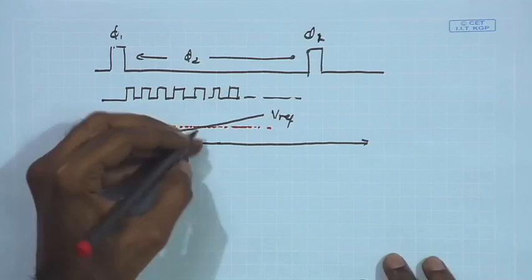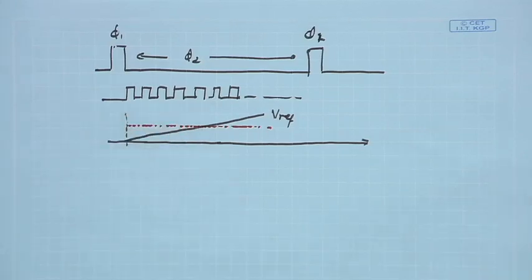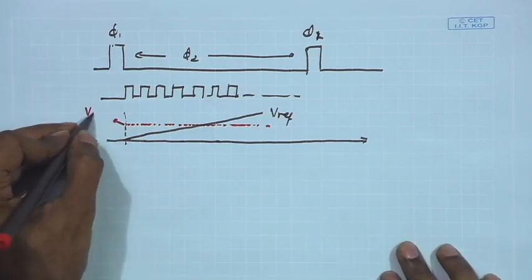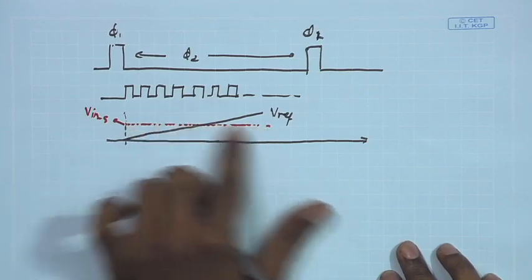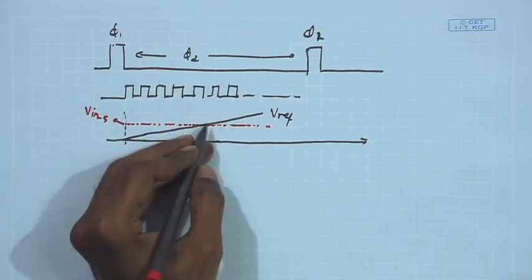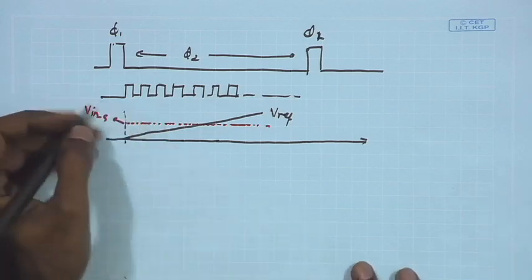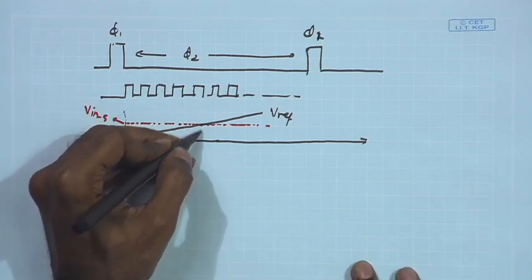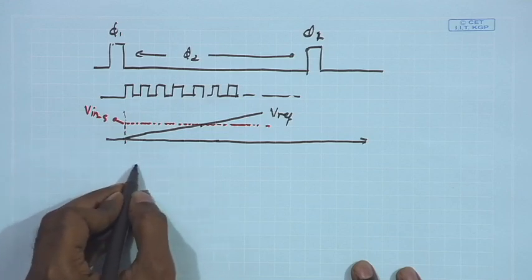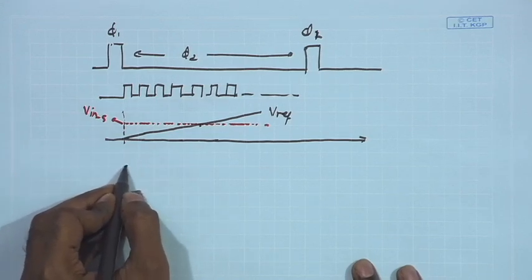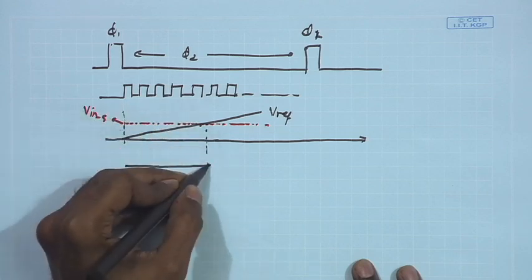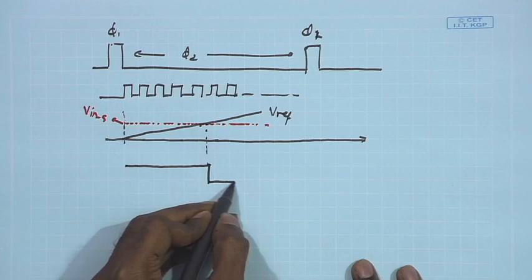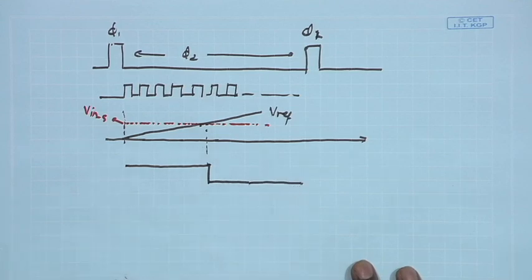And finally the point at which the V ref becomes equal to the sampled input, which is your V sample or V in sample. The red level denotes the level of the input data which is sampled, and the instance where the V ref becomes equal to the V sampled, I would like to have my transition. So at this point the comparator output will be changing. We expect that the comparator output will be starting from high, and the moment this transition occurs, the comparator output will be going low, and this is the point